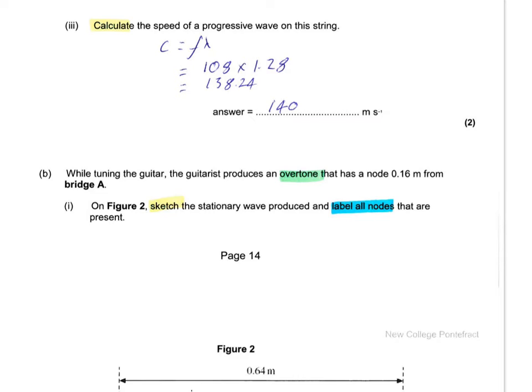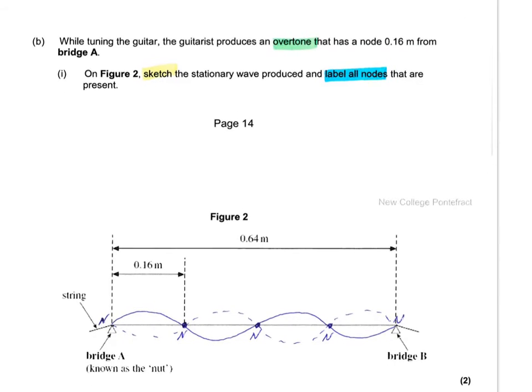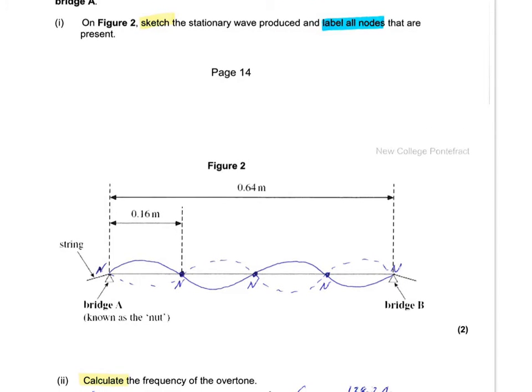On figure 2, again, sketch that, and notice this: label all the nodes that are present. Really important that you read those instructions and follow them carefully. So if I've got a node there at 0.16, you should recognise that that's a quarter of the way along. So I'm going to have 4 quarters on there. 1, 2, 3, 4, 5 nodes marked. And one of the marks was for having this central node in the middle. So I should measure the length of that string and then split it up into 4, which I didn't do perfectly,